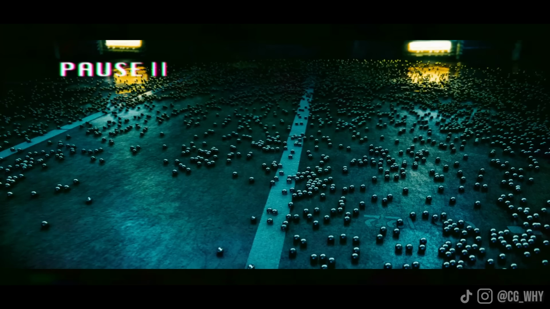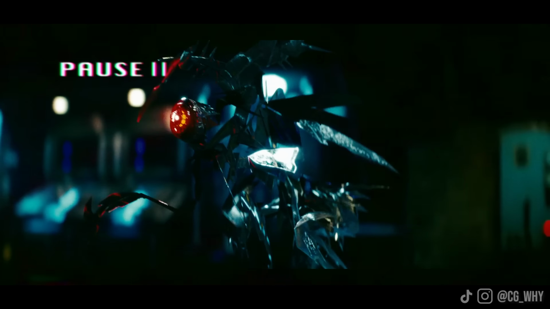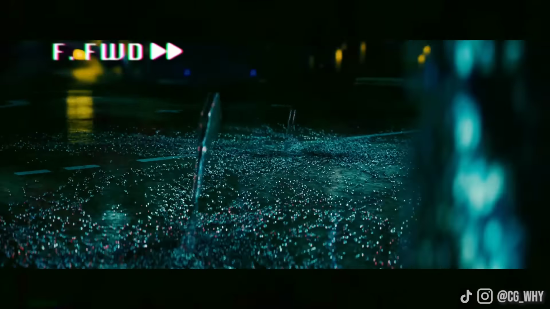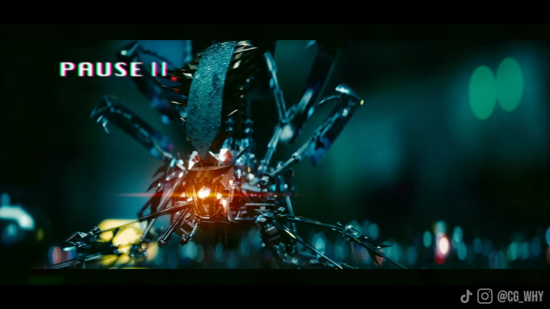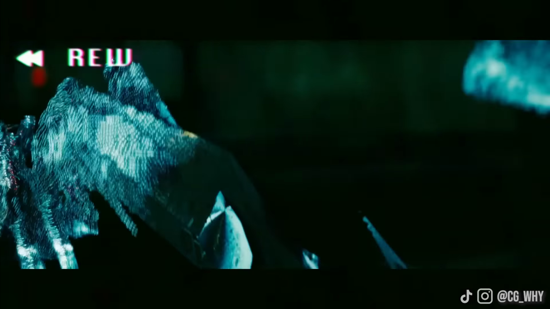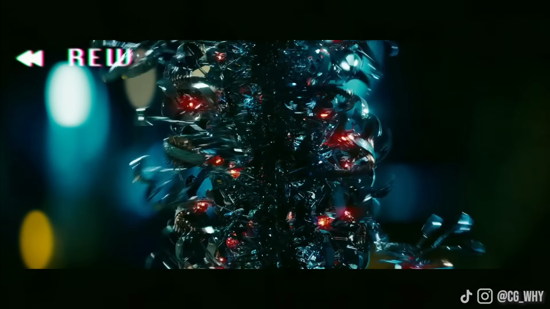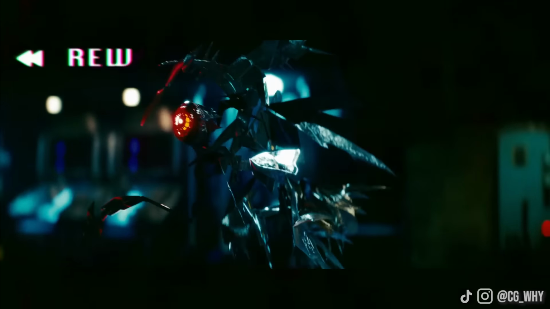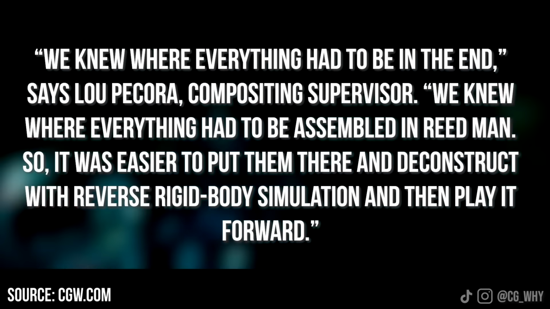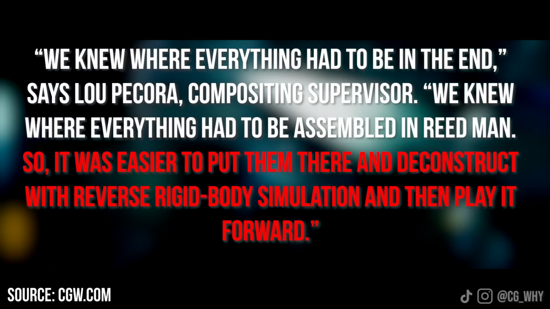And therefore, where the individual balls came from to actually get to this position was kind of irrelevant. And so this meant that if they started with these balls already in his shape and then just ran the entire simulation backwards so that he was getting deconstructed, when they then reversed that footage, they'd get the exact result they wanted, as now all of the reversed balls would look like they were flowing upwards to perfectly form Reedman's specific structure, which is just such a simple but genius way of bringing such a complex